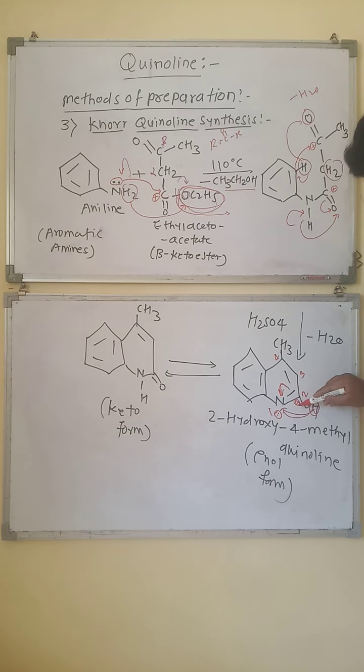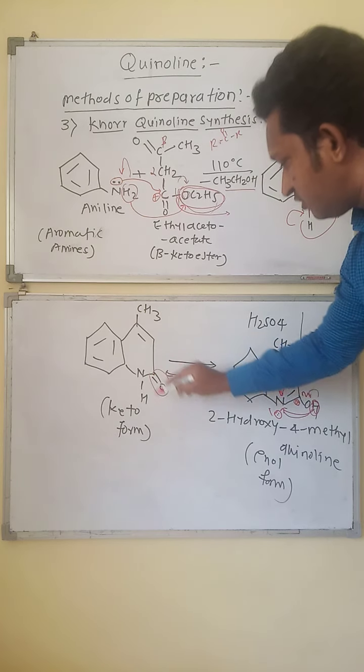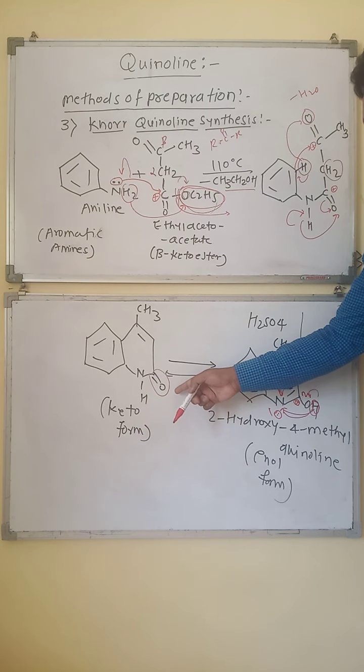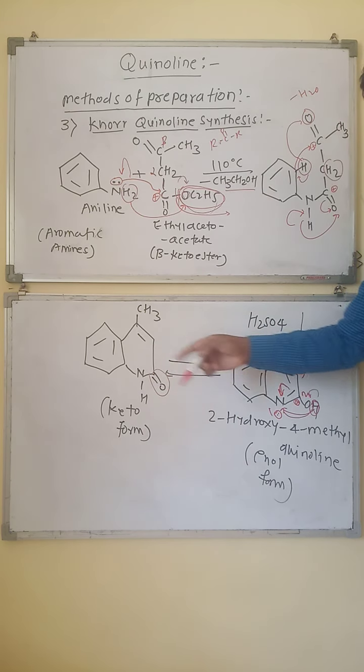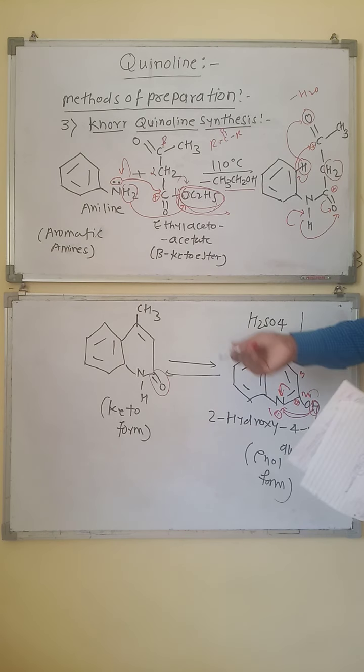After that, due to the deficiency of a lone pair of electrons on the second number carbon, there is a formation of a double bond between this oxygen and this carbon. An oxygen-carbon double bond takes place. Because of this, the hydrogen gives a lone pair of electrons towards oxygen, so we get the keto form. Okay, in the keto form there is a ketonic group, a carbon-oxygen double bond, along with the nitrogen and the carbon atom. So it is converted into the keto form.